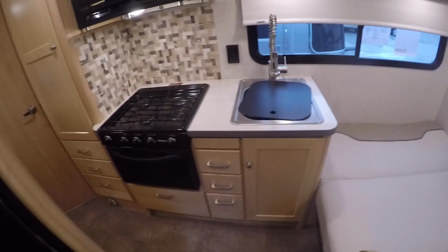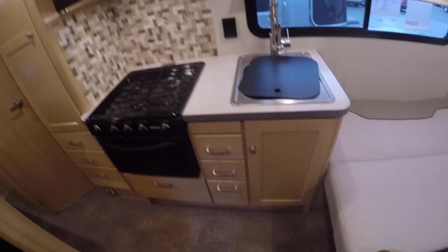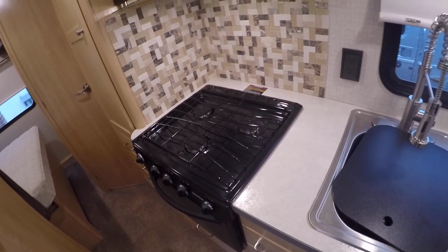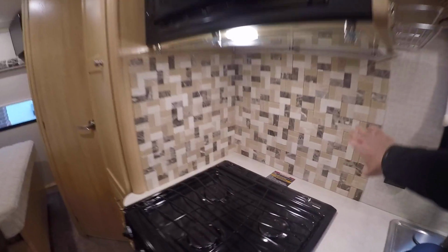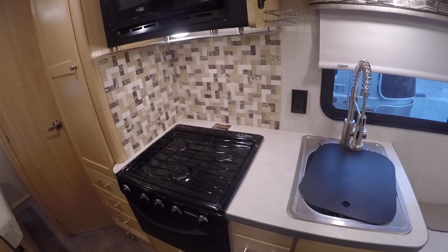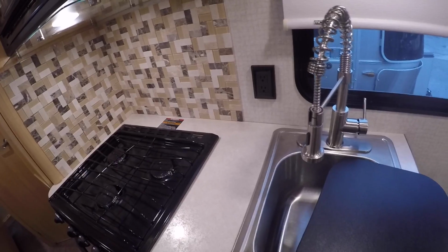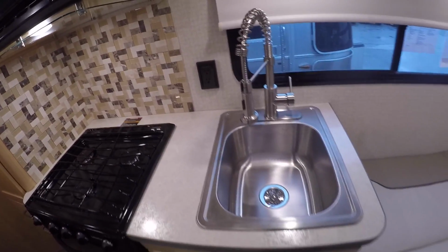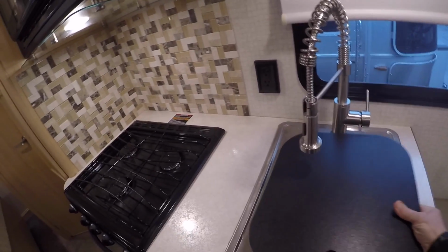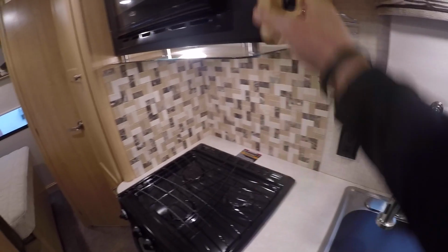So we take a look here at the kitchen area. Galley, you'll see here that Winnebago's trimmed this out in a nice laminate countertop surface. Very tasteful backsplash. Very quick and easy, and it really makes it look high-end. One of the attractive features here, stainless steel sink cover with a nice, attractive and modern faucet. Very deep with its strainer. Got a power outlet. Got a nice spice rack. Here's the light,